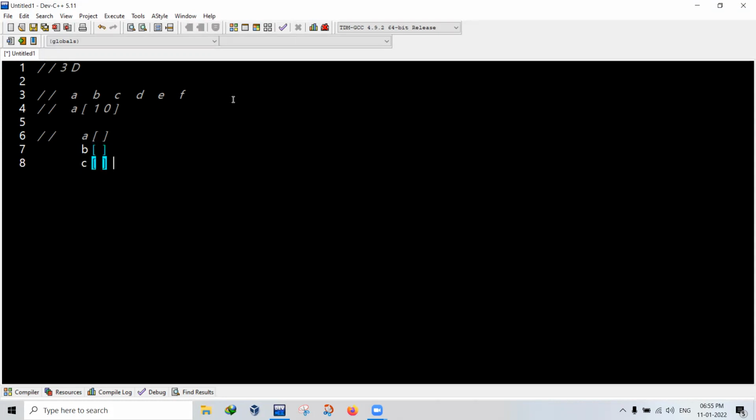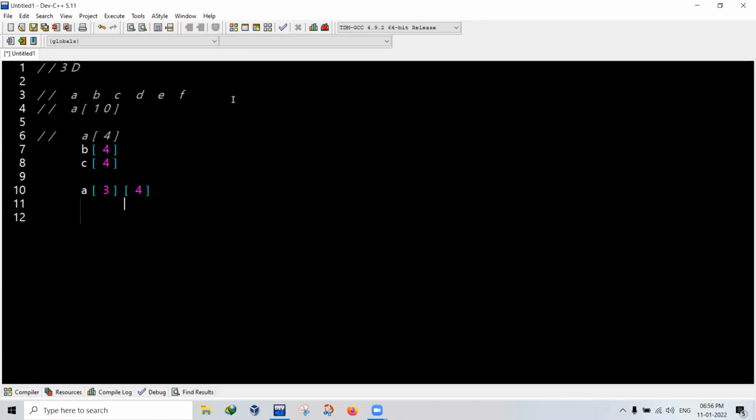If you want to store all these arrays in one single array, that is called two-dimensional. Here you write how many arrays there are: 1, 2, 3, so you write 3. Then you write how many elements each array can hold: 4. So A of 3 for A, B, C, then 4 to hold 4 elements each.